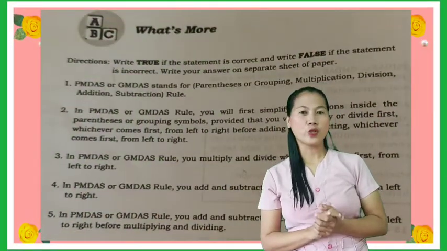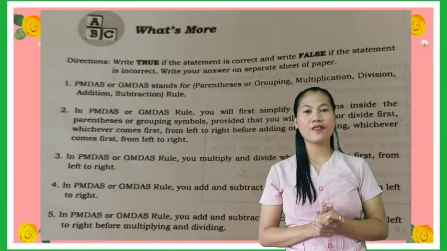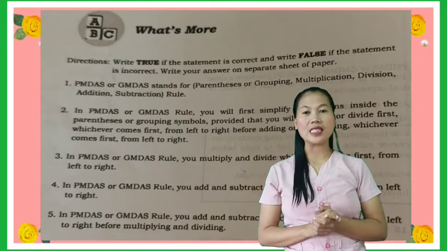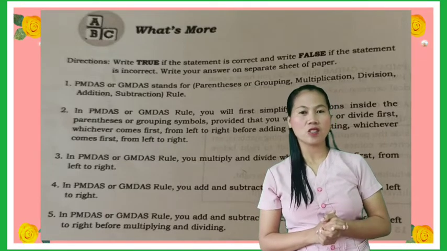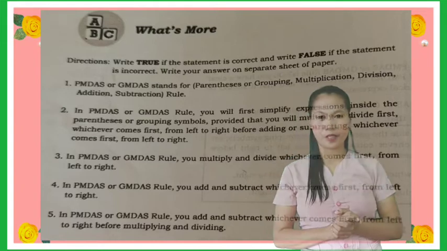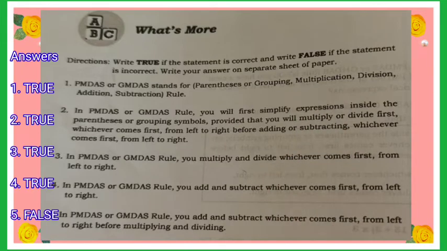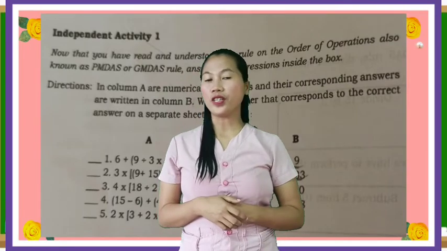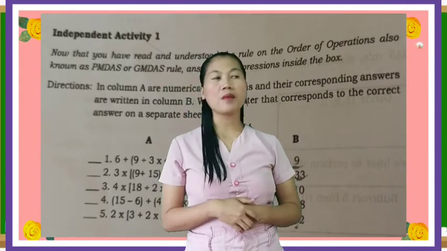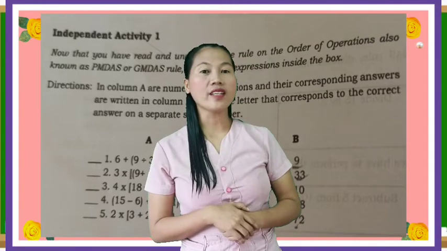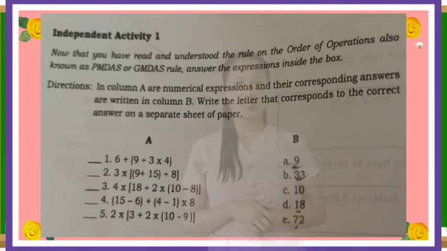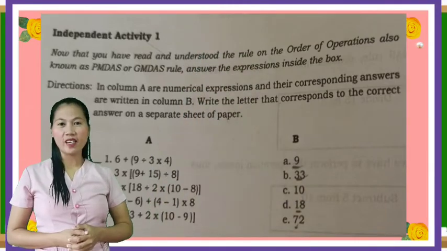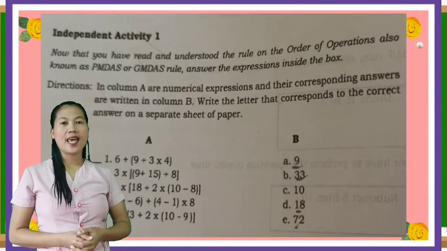Directions: write true if the statement is correct and write false if the statement is incorrect. Write your answer on separate sheet of paper. Now that you have read and understood the rule on the order of operations, also known as PMDAS or GMDAS rule, answer the expressions inside the box. Directions: in column A are numerical expressions and their